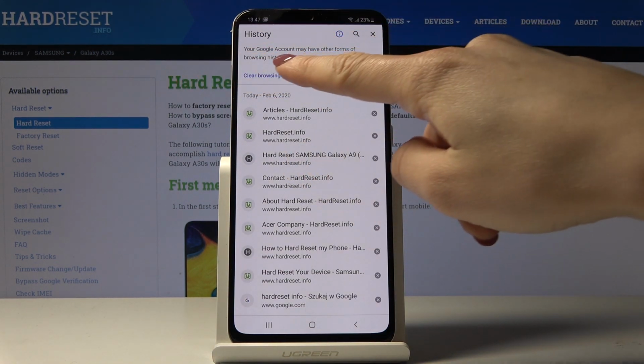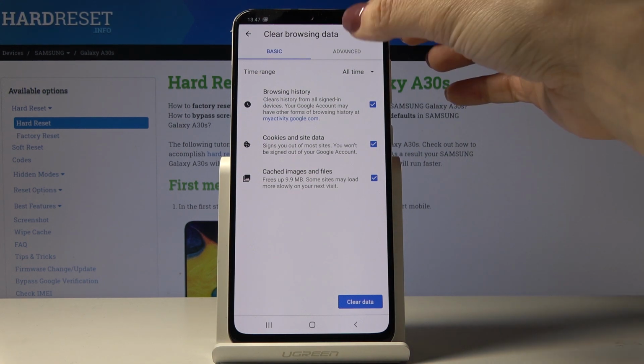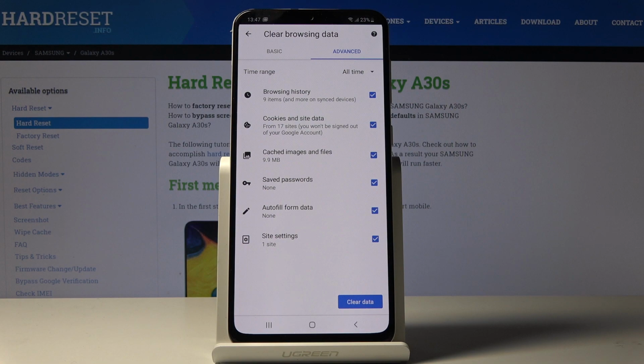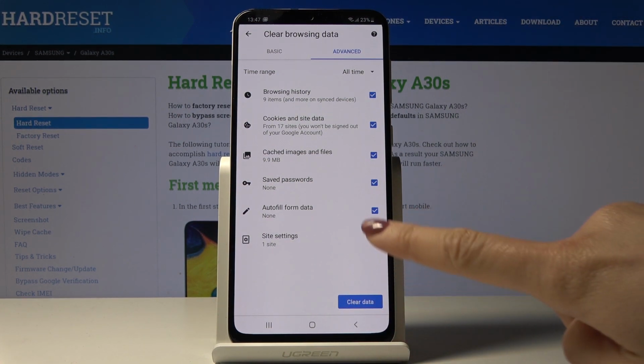Then go to Clear Browsing Data, and here we've got some basic and advanced features. So under Basic you will find Browsing History, Cookies and Site Data, and Cached Images and Files, and then in Advanced you can also include saved passwords, autofill form data, and also site settings. So you can unmark something if you would like to, for example, leave site settings, but I would like to